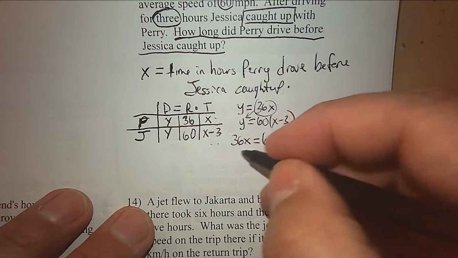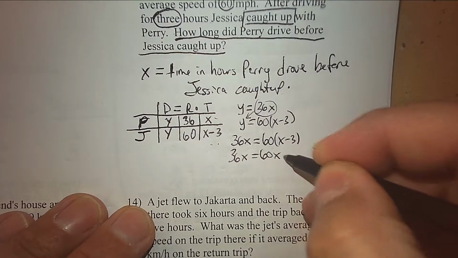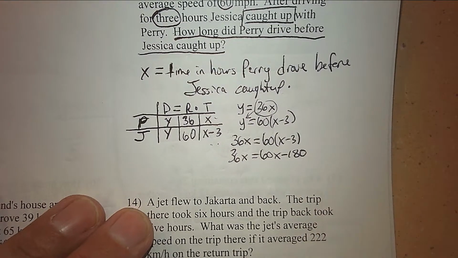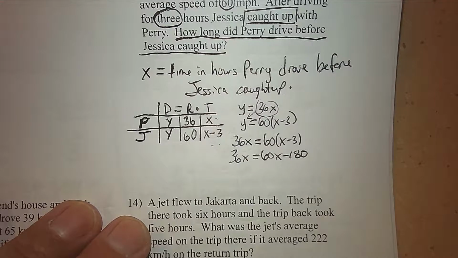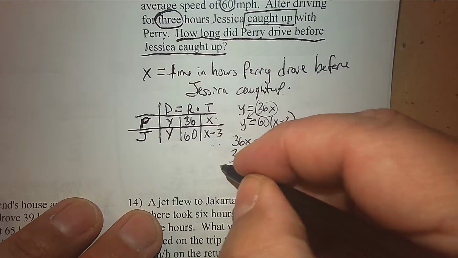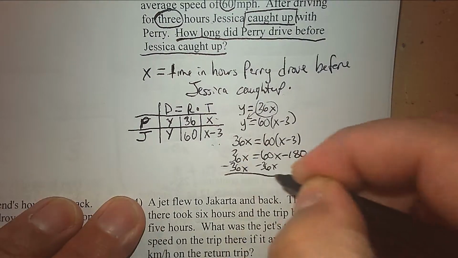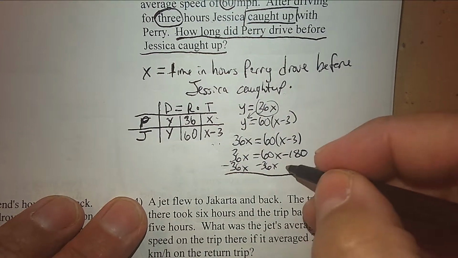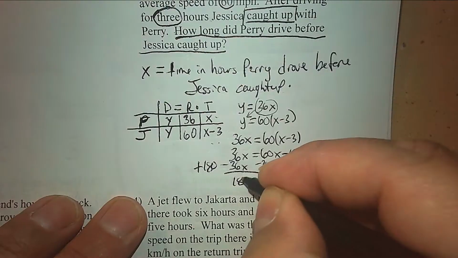So the next step is to distribute. So make sure you don't make the mistake of not going 60 times 3. And then it's a simple linear. Can you combine like terms and solve? So I'm going to subtract 36x. I'm also going to add 180 to both sides. So I end up with 180